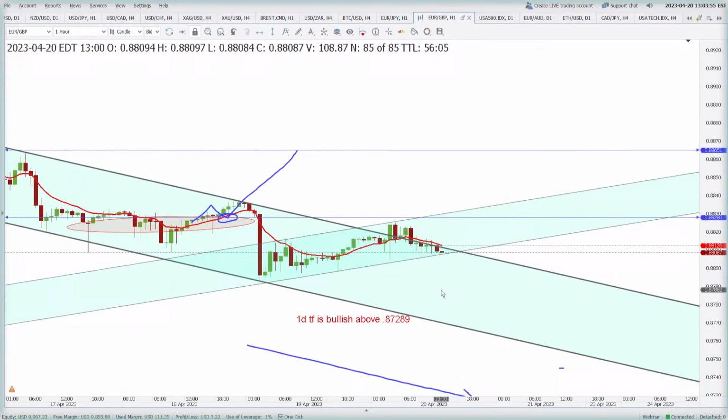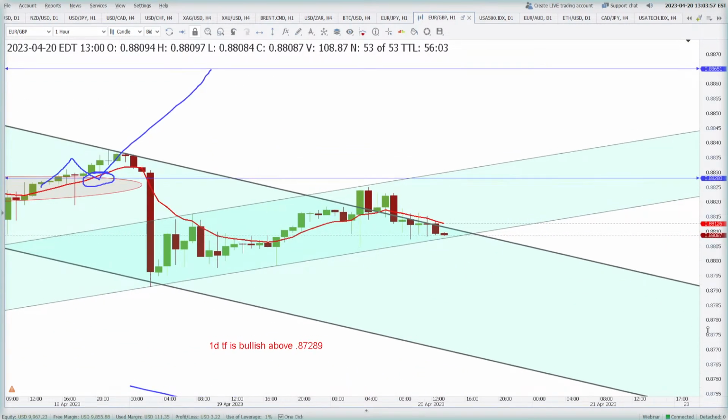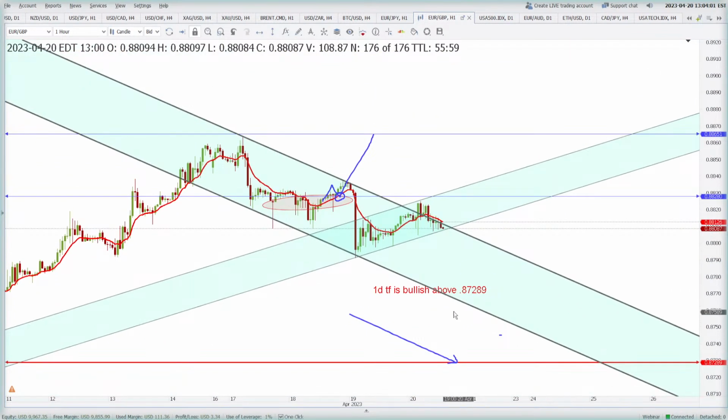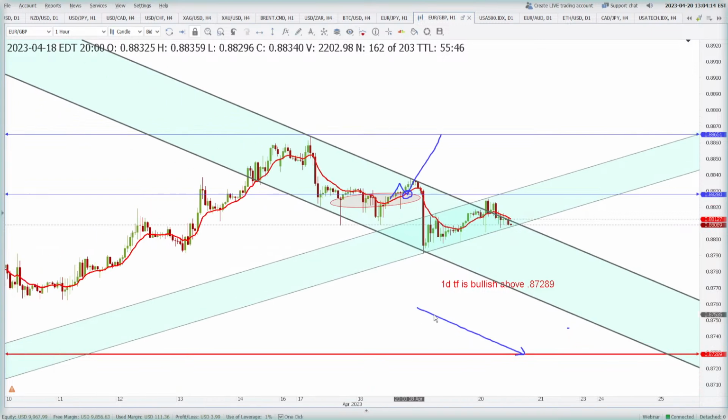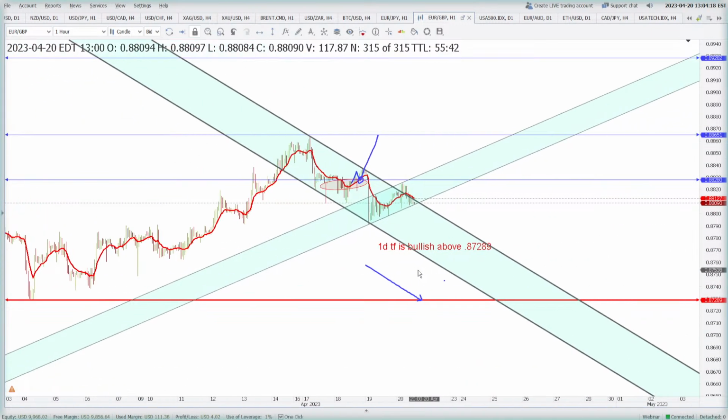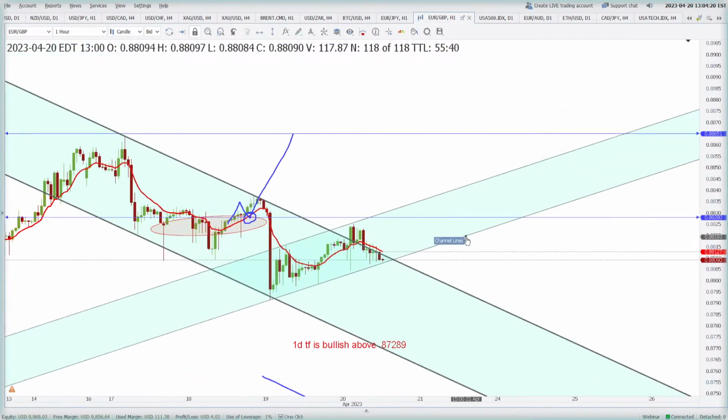Okay, so Euro GBP looks like it is going to break below this rising channel, and if it breaks it will turn bearish, but we are looking for a bullish price action, right? Because the daily is bullish, so we may discard this trade. Otherwise, if you really want to sell, then you can sell, but keep an eye that 0.8728 area is the area of bulls, so you don't want to go against the bulls when you are in their area, right?